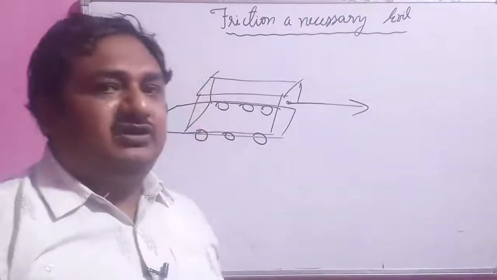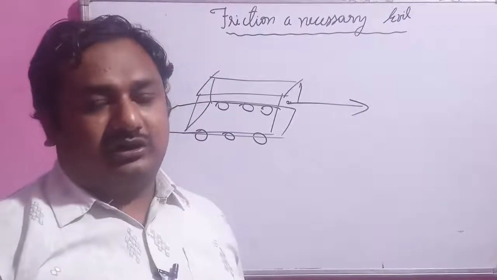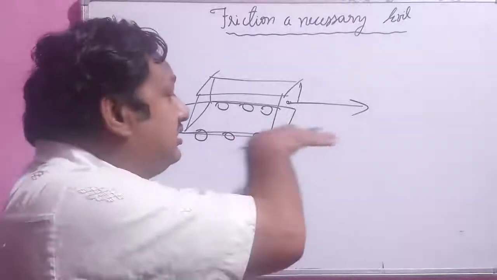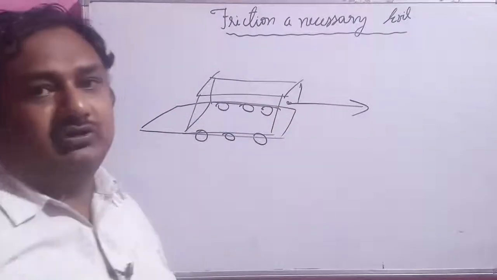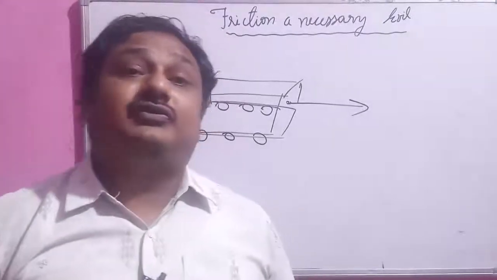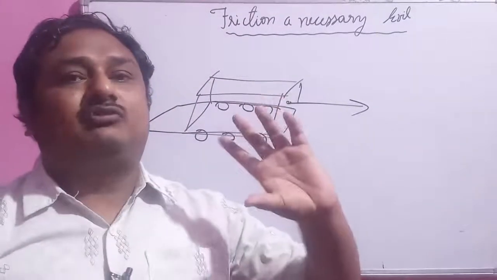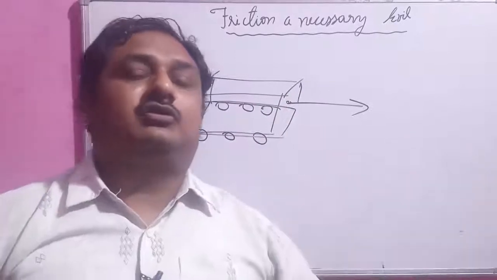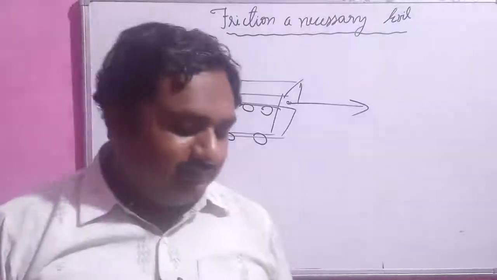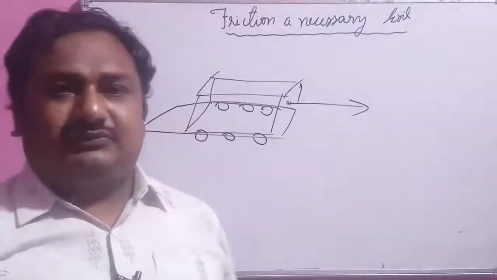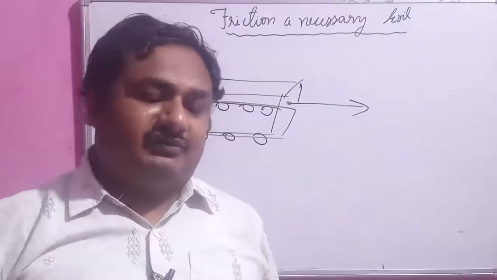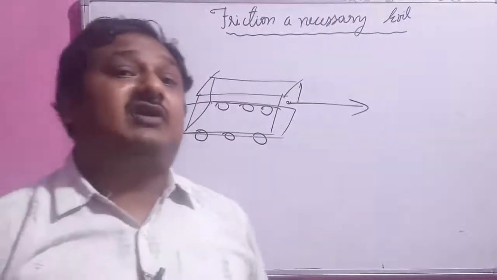That's why we prefer the roller or shapes which are round, so that we can convert the sliding motion into a rotatory motion. So this is another way to reduce friction, just convert the sliding motion into rotatory motion. As I have said earlier, friction force is a necessary evil. Somewhere it is required very much, and somewhere it is undesirable.